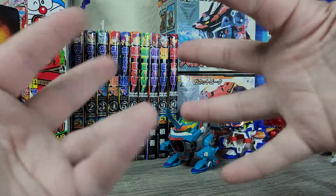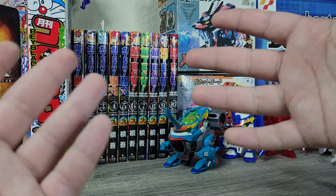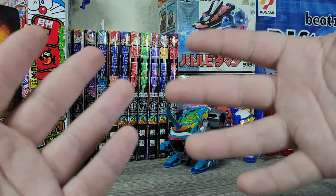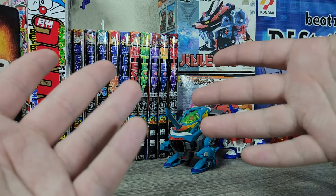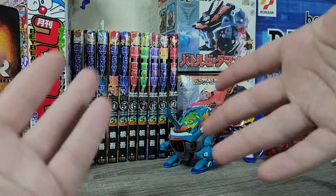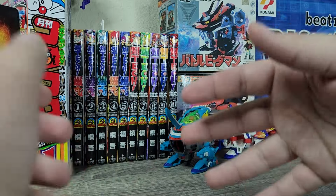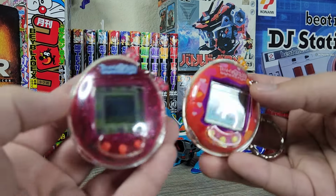And today is a big day because we got some Japanese mail-in. I will not be showing off the whole package. I decided to open it and just take out the Tamagotchi stuff that was in it. Because to be honest, the whole box I set up was filled with Bakutech, Japanese rhythm games, and other really cool things that just don't fit into the series, because the series is about Tamagotchis and stuff. But we will show off the first things I got, which you might be thinking,